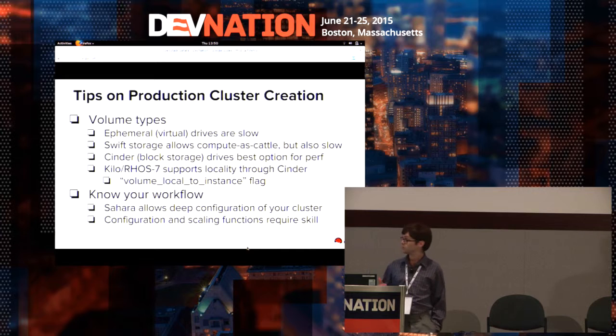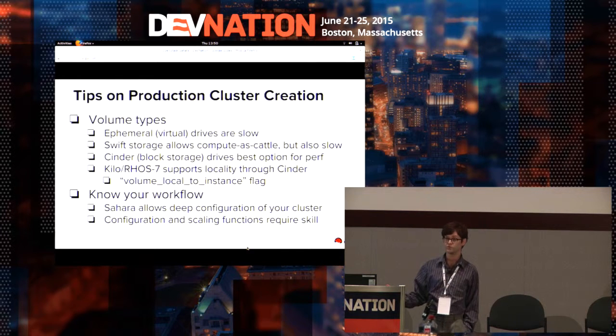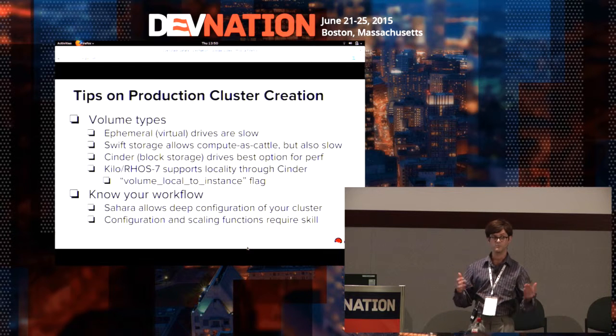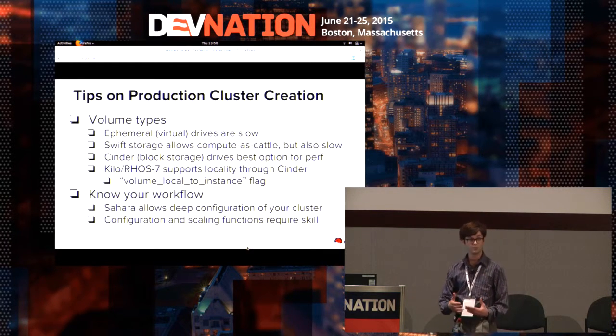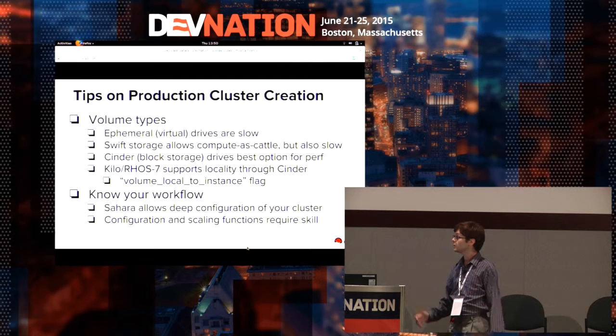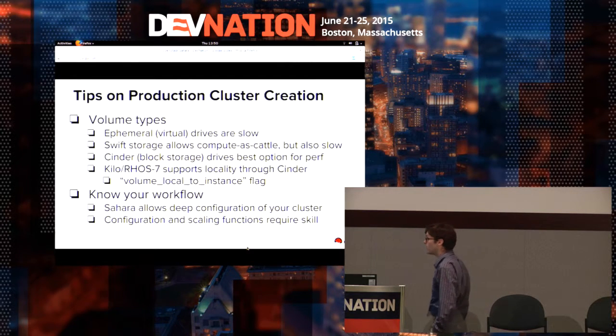Through Cinder, you can pass this volume local to instance flag, and the compute node will know, okay, I need to put some CPUs, some memory on the same physical server on which I'm going to put a drive of this size, which can help a lot in production, certainly. Beyond that,